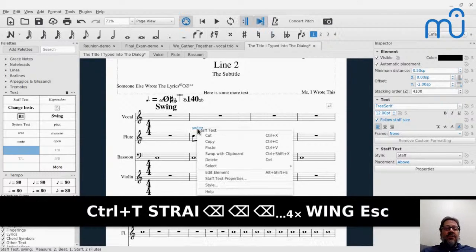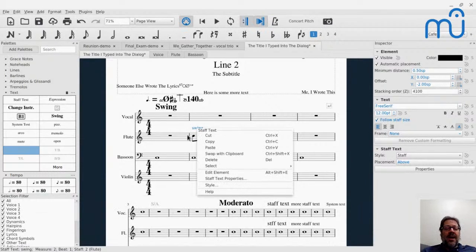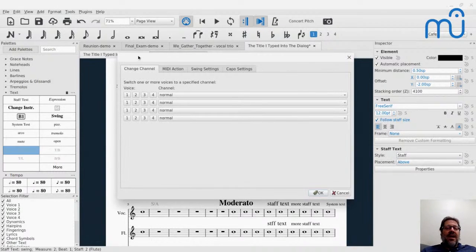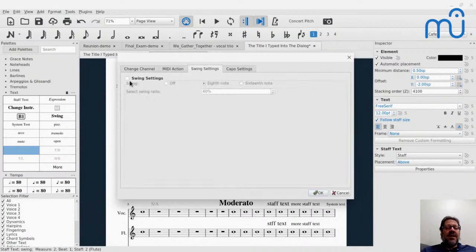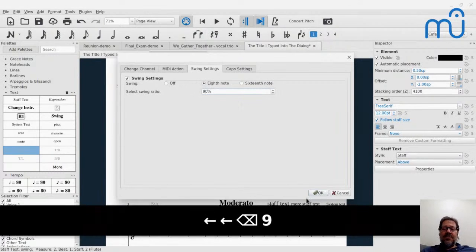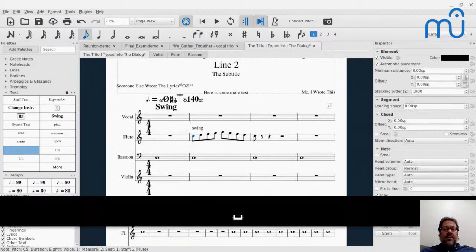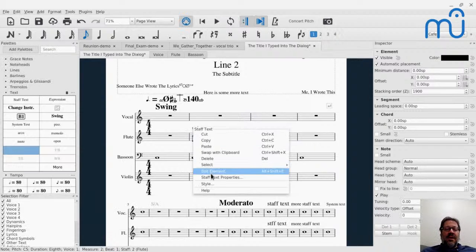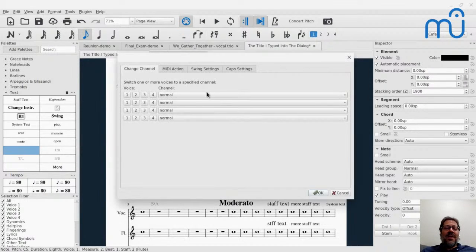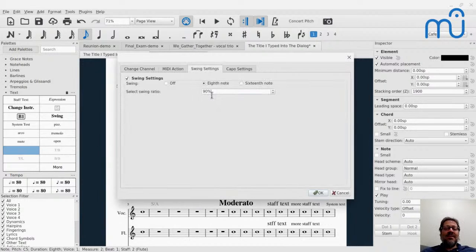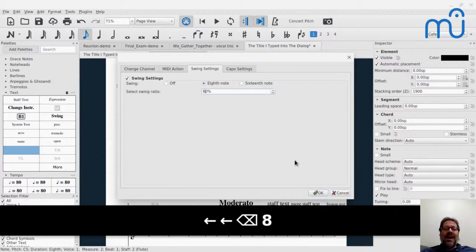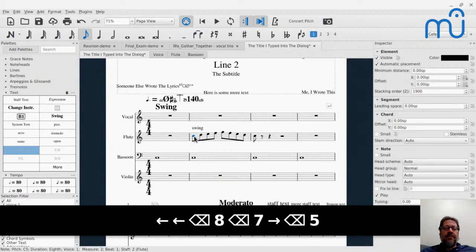And now this is staff text, so it's going to apply only to that staff. And I can go to staff text and make its swing settings be something different. I can have it be super duper exaggerated, 90%. So now, yeah, that's so exaggerated you can barely even tell it was even playing the other eighth notes. But if I make it maybe 80%, you'll be able to actually hear. Actually, even 75 will be literally dotted eighth 16th. So let's hear that.